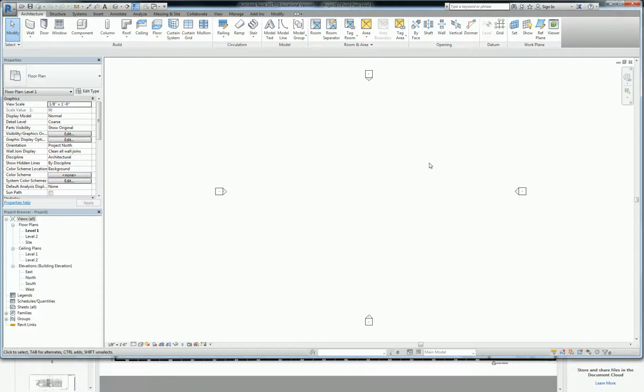Okay. So what we're going to do here is start our first floor plan. One of the things that I want to show you first before you actually start that floor plan is how floor plans are created and how they behave. So you start off with a default level 1 and 2 and a site plan. Really, right now at the default stage before you've modified anything, the site plan and the level 1 floor plan are the same. So when you go into one of the elevations,